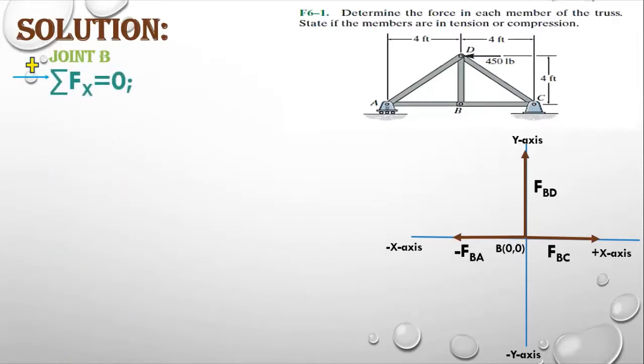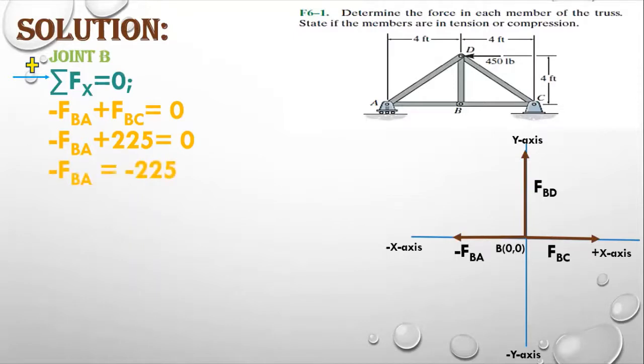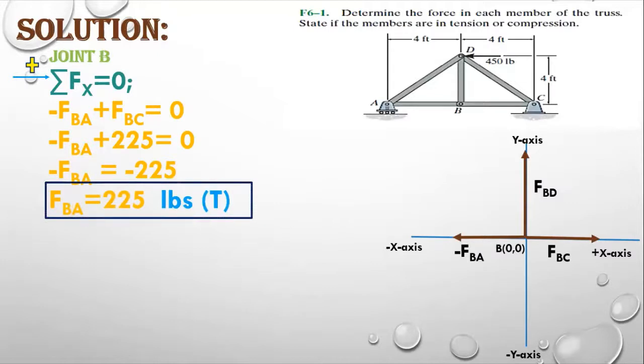We have already calculated the value of member force FBA. So minus FBA plus FBC equals 0. We will put the value of FBA as it is, whatever it comes out to be, or FBC whatever the value comes out to be. So we have done joint C. We did not calculate at joint A before. Sorry, we did not calculate the value of FBA. So we will calculate the value of member force FBA here. So the answer is coming out to be FBA is positive 1, and this should be the tensile force.